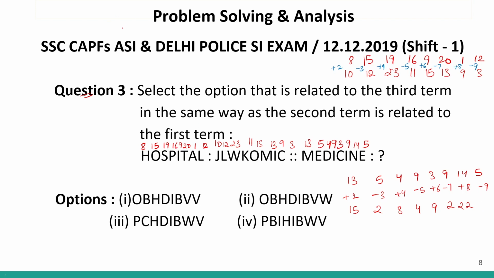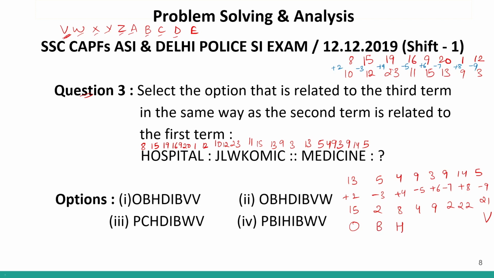So minus 4. So if you have something like this, A, B, C, D, E and V, W, X, Y and Z. So I told you the concept of looping. So if I have to move 9 positions back from E, it will be 1, 2, 3, 4, 5, 6, 7, 8, 9. I'll get over here and V is 21 position. So 9 positions back from 5 will give me 21 position, that is V. So V is fixed.